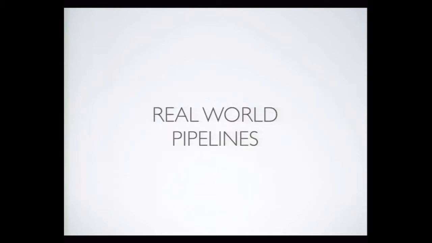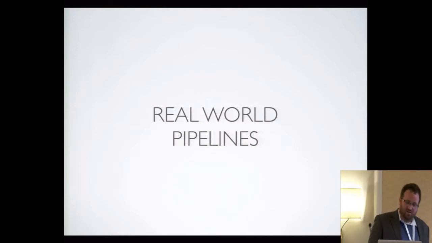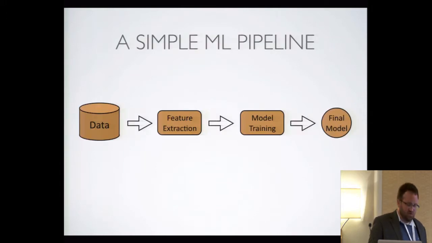Okay, so I've given you an overview of the work we've done on the model search pipelines. I think I have at least a few more minutes, so I want to talk a little bit about real-world pipelines. This is the future direction for our research. Earlier in the talk, I gave you this picture of a simple machine learning pipeline: data to feature extraction to model training to final model. And that's nice, and we focused just on what we could do if we had all the degrees of freedom we wanted on this model training step, and we could really search through it.